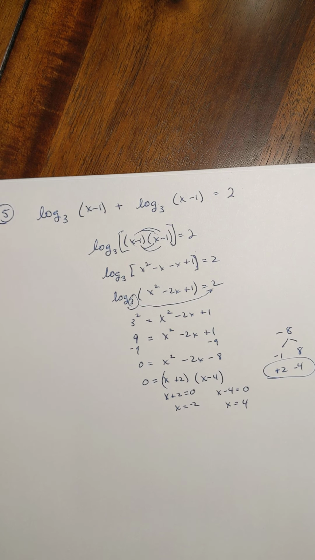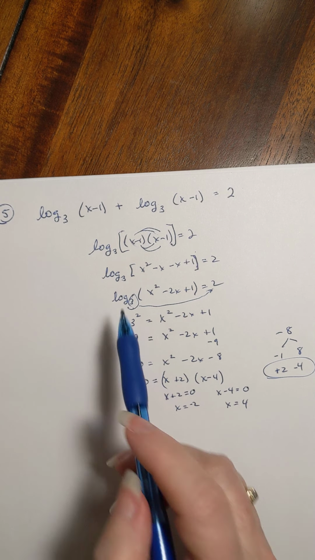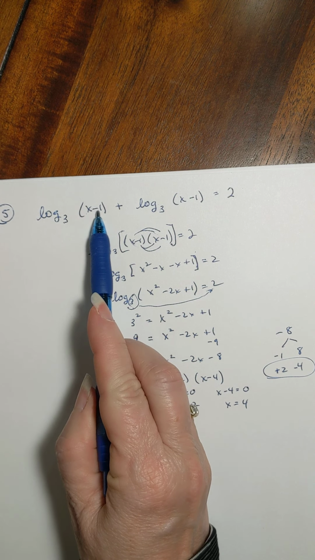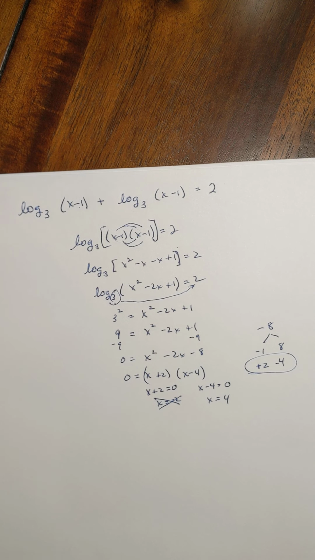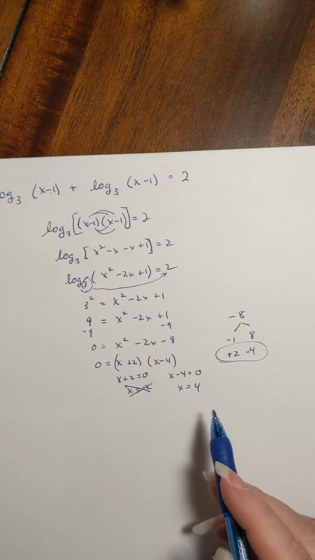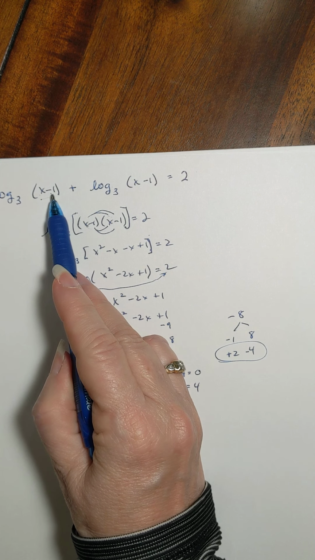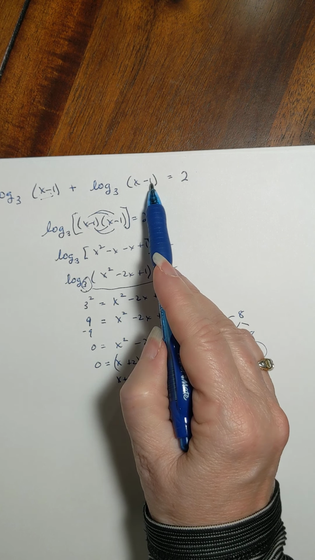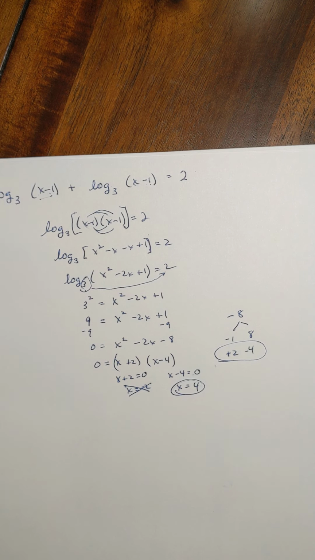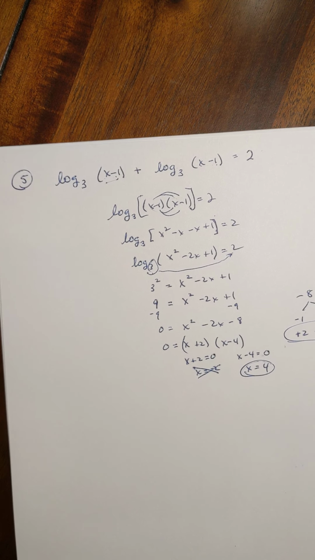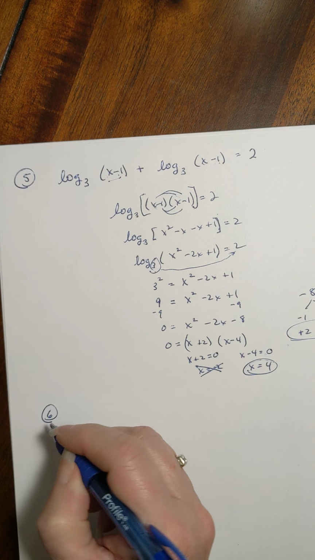And again, you have to make sure that you're not plugging in a negative number for the log. So if I plug in negative 2 minus 1, that would be negative. So no good. But if I plug in 4 minus 1, that is 3. So that's good. So this would be my only good answer. So you have to make sure that you are checking those answers. All right, problem number 6 says